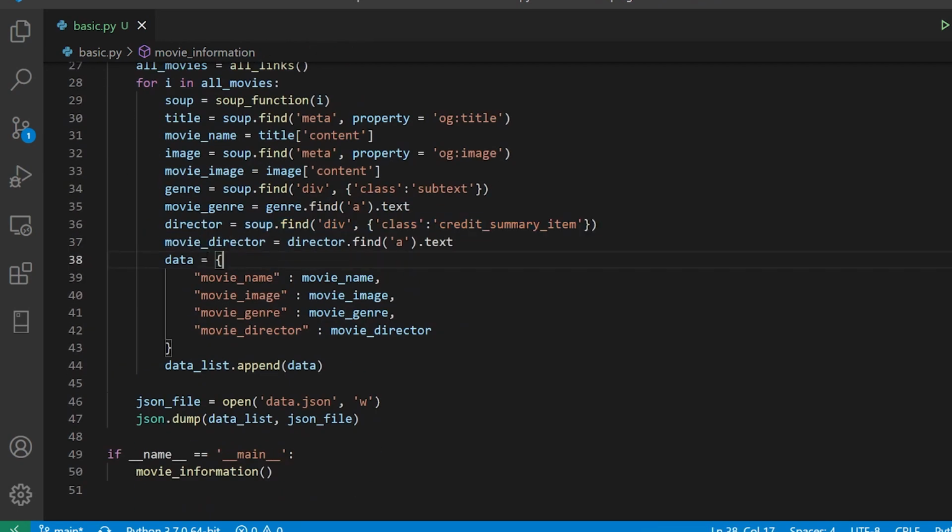Then I'm making a dictionary, all right, in which I'm going to feed the data in the form of key and element paired values. All right, and later on I'm appending it into a list, which I'll be passing into a JSON file. So this is going to give us the JSON file. Now let us check it by running it. So it has 250 links. It is going to take quite a while for processing. So I'll fast forward the video and I'll show you the output.